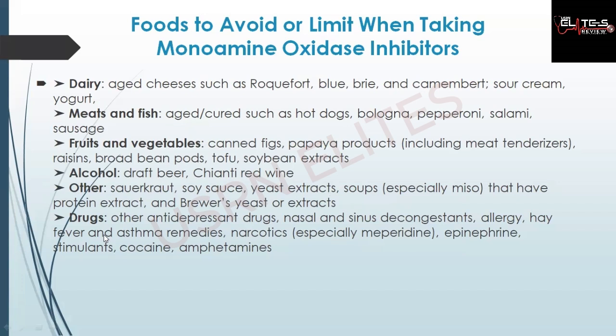Let us skip the drugs for now. If not anything, for the tyramine-containing foods, we can keep hot dogs, which are common, pepperoni, salami, sausages, the aged cheeses and the rest. They are easy to remember, so at least you can keep them. Then with the drugs, take note of them.